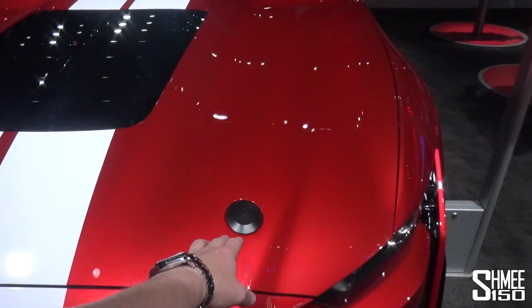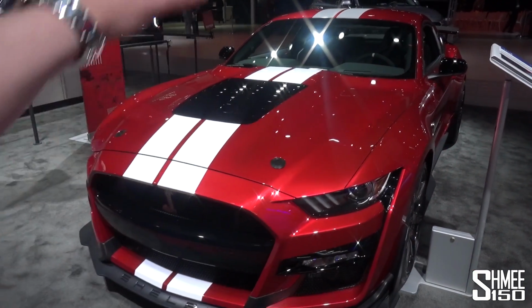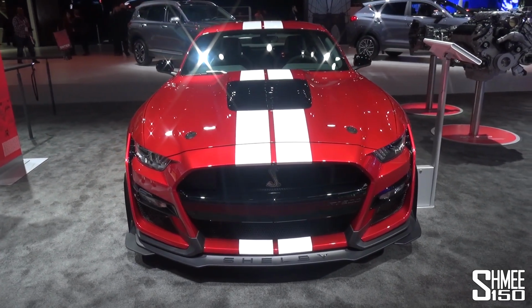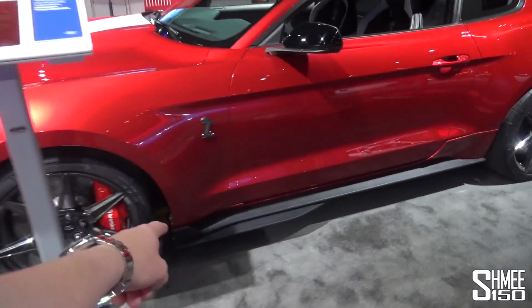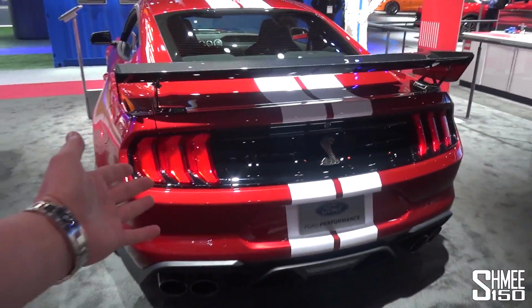You can see the racing pins there for the bonnet. You've got that large opening for the cooling as well. Underneath is a 5.2 litre V8 supercharged engine. They haven't confirmed the final numbers, only that it's over 700 horsepower. Just come round though, look at this, look at those side skirts. This thing's absolutely nuts. The wing on it, this is of course the first time that I've actually seen the